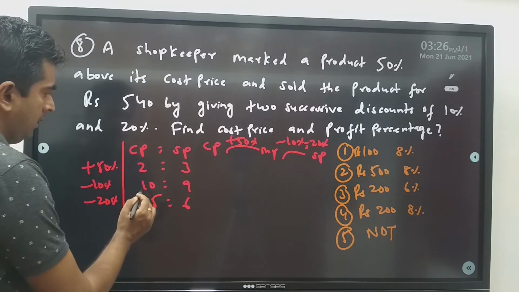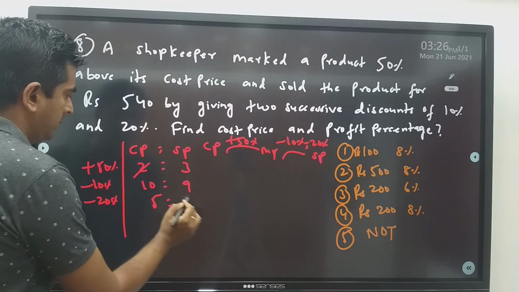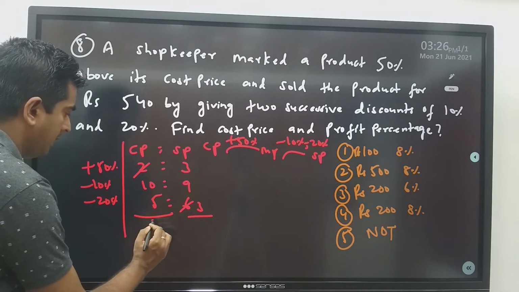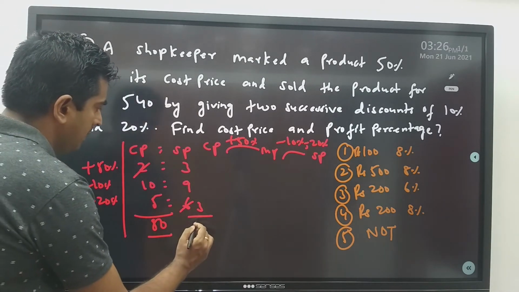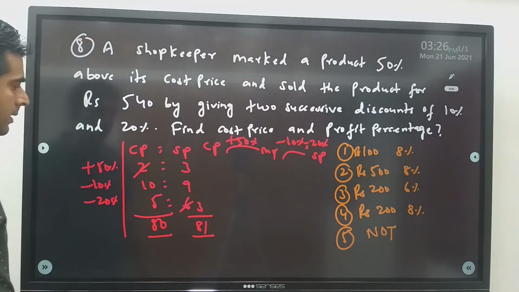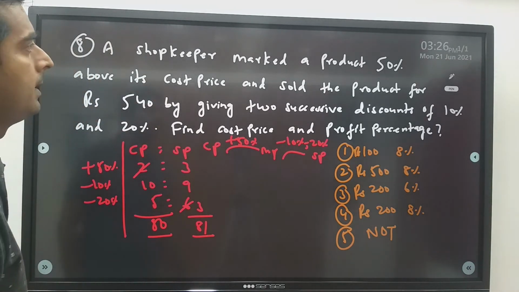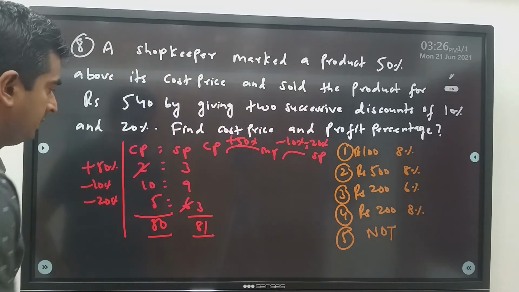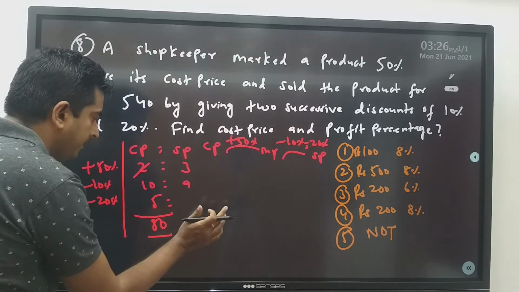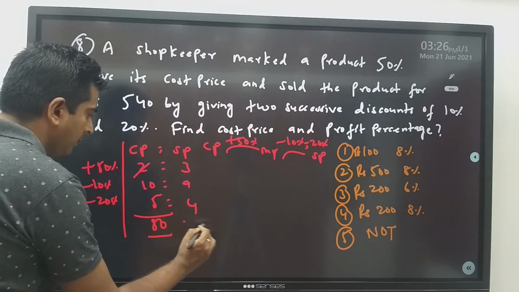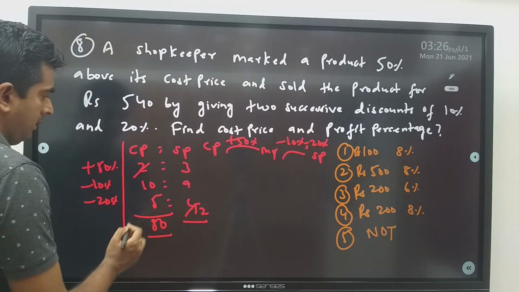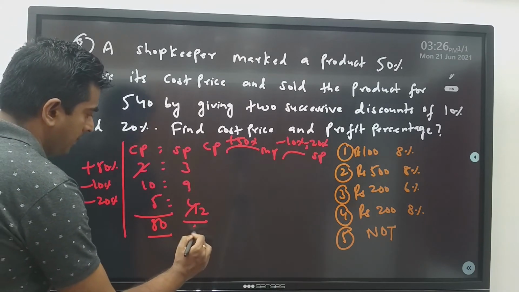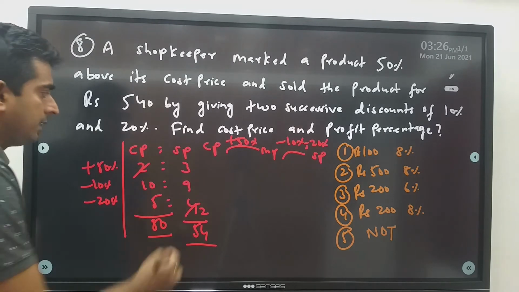Right? So 2 3s are... So multiply this one, multiply this one. So what you will be getting? 50, and here this is 50 2 3 10 9 5 4. 20% discount is there, right? 5 4 will come here. Right? So this is how much? 54. Right? Selling price is 54.